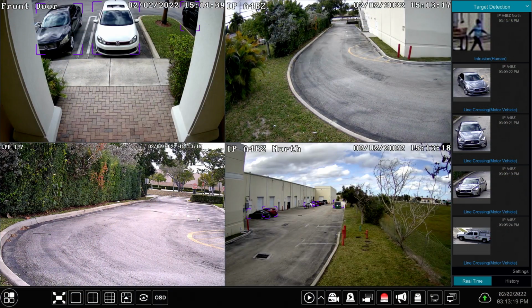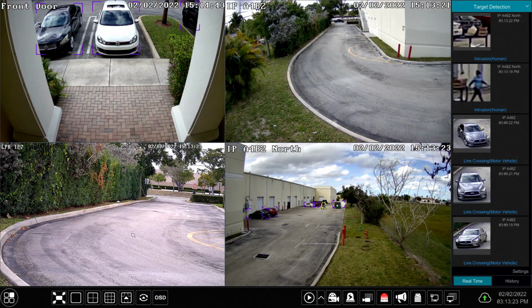That alarm event can do things like trigger a push notification, trigger a snapshot, trigger video recording, as well as interact with external systems via the alarm outputs on the NVR. In this video, I'm going to show you how to set up the authorized license plate database and then run through a demo with my car to show you how the alarm is triggered, because my plate's not going to be in that database. I'm going to jump over onto the Viewtron NVR now to show you how to set up the license plate database.